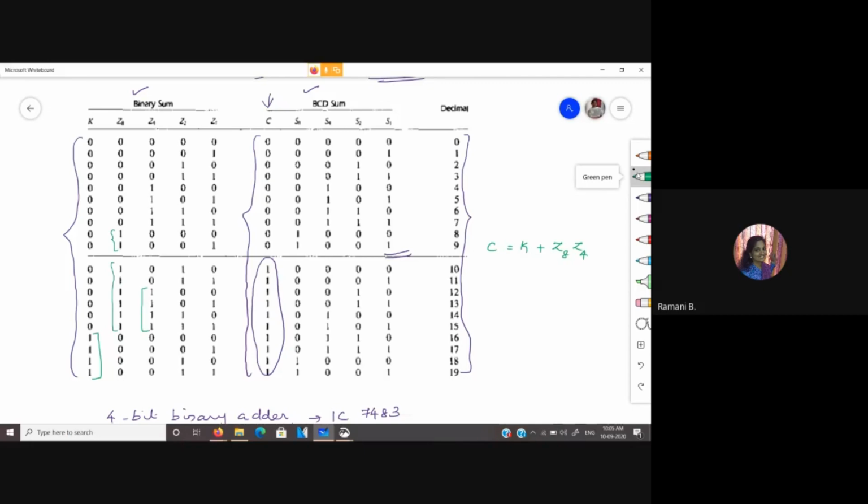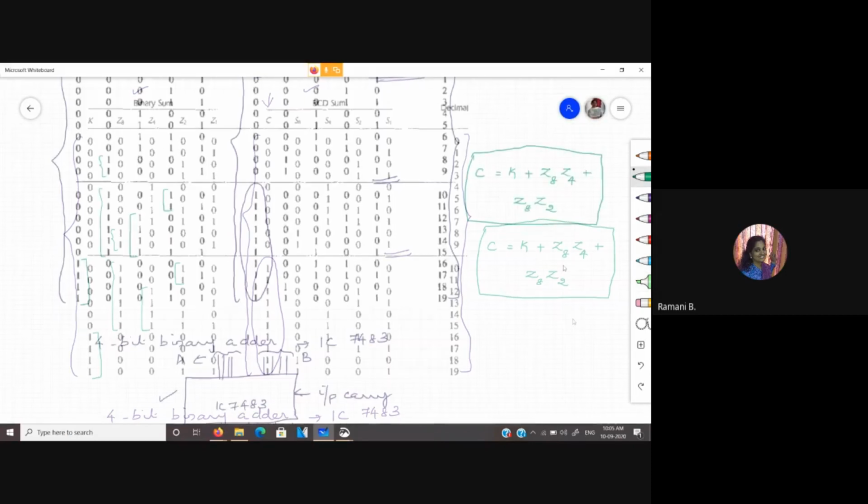Further, to differentiate 8 and 9, we have in 10 and 11 a 1 in Z2. So we give this as Z8, Z2. Implementing the correction factor in this form, we can have the BCD sum.